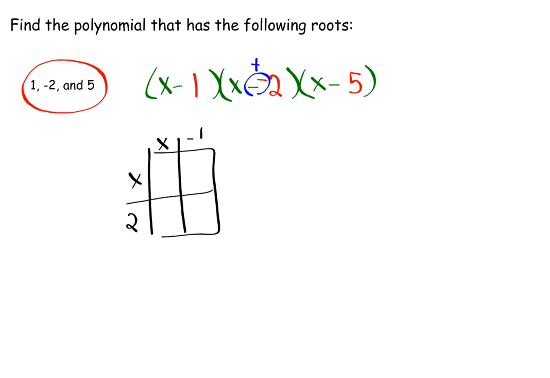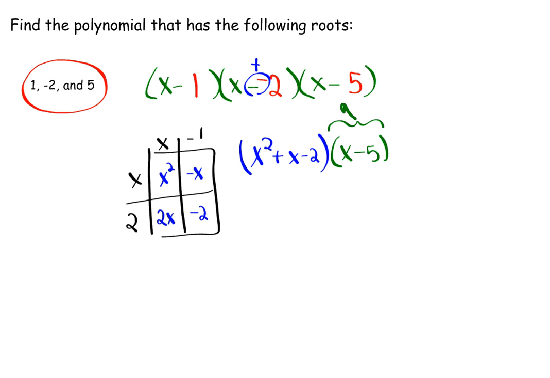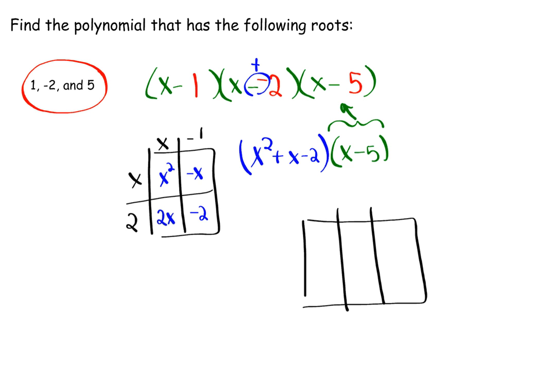And I get the polynomial x squared plus x minus 2. Now I have to multiply that times the x minus 5 that I did not use. That's this one here. So whip out my handy dandy little box again. And I have,